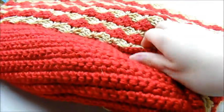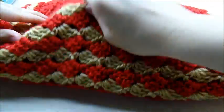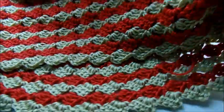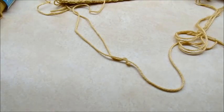Okay, did you get it right side out? Now I'm going to work on handles. I actually did the handles last night. I started on this bag last night. So I'm going to set this to the side. And here's my handles. They're really easy too. I took,